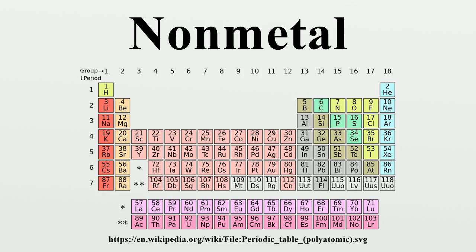More generally, they show less inclination to exist in allotropic forms, and to catenate, and have a stronger ability to form hydrogen bonds. Most are also gases, and have higher ionization energies and higher electronegativities than those of the polyatomic nonmetals. Noble gases. Six nonmetals occur naturally as monatomic noble gases: helium, neon, argon, krypton, xenon, and the radioactive radon.